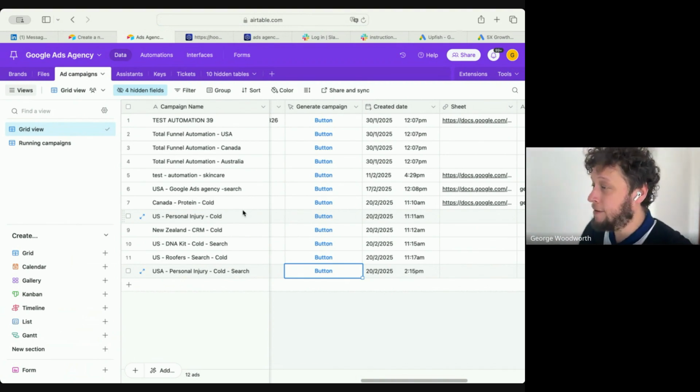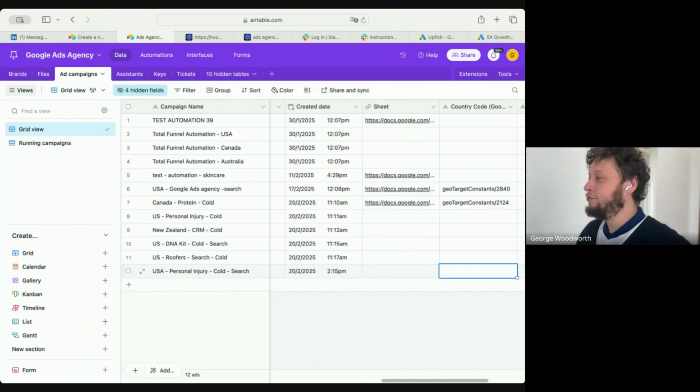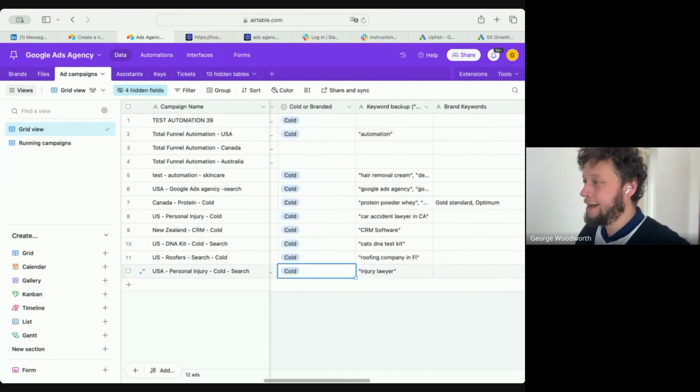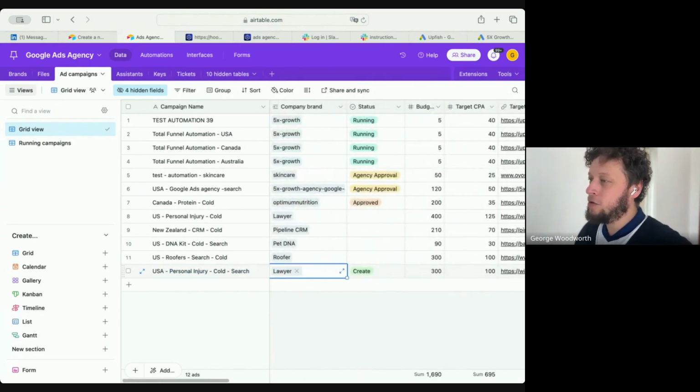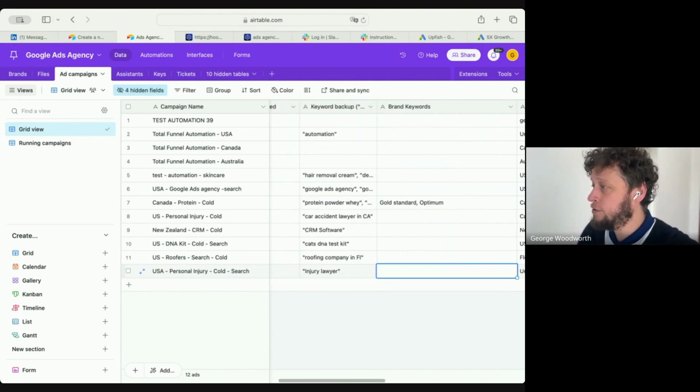Well, I've pressed the button already, so this should have hopefully generated the webhook, if I remembered to turn the automation on, which I think I did. So what we're trying to beat here is 4 hours, and I'm pretty confident that we will do that. What we'll see once the automation finishes running is the status is going to change, because we no longer need to create it. What we need is the agency approval. We're going to see